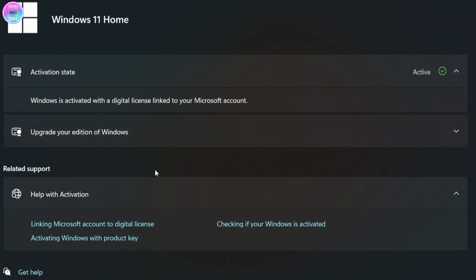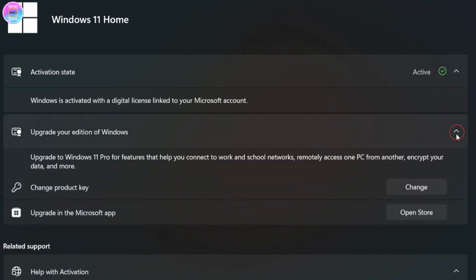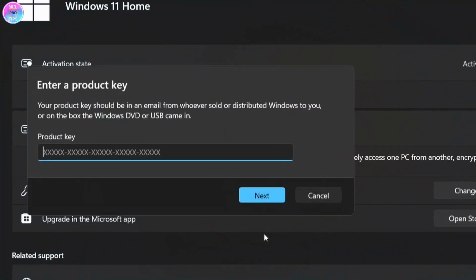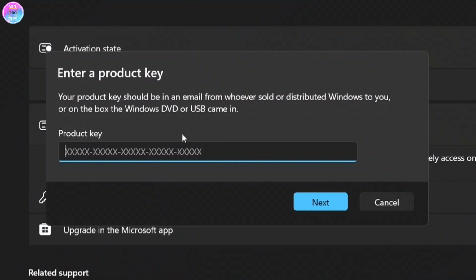Now, if you want to activate your Windows, you have to change your product key. For that, click on this upgrade your edition of Windows, click on the drop down again. And then from here, you'll find change product key. Click on change. So if you'd like to update and upgrade your Windows version, you could just click on change. Once you have done that, this pop-up will appear on your screen and you can easily enter the product key here